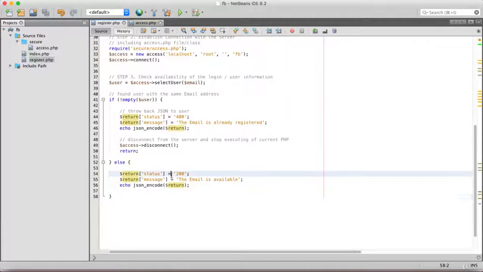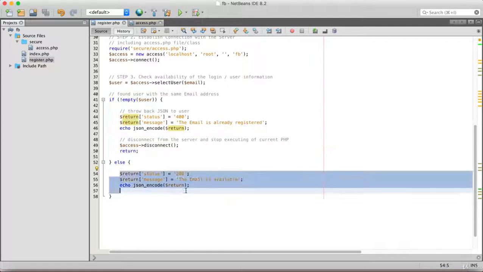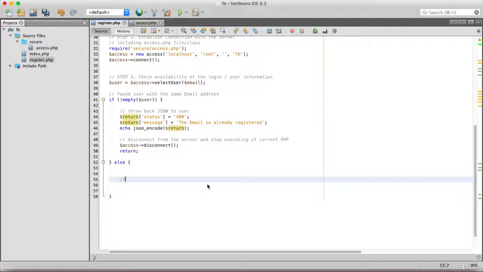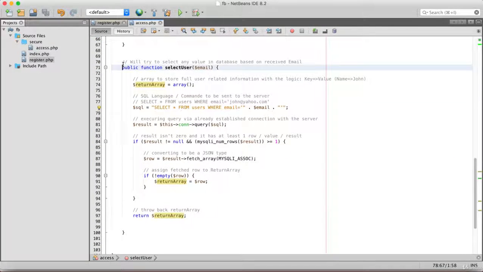So the logic we will be using is, if the user wasn't found with the same email which the user is trying to register, then instead of returning this message here, we will write here step 4, send request to insert the data in the server. This is what we will be writing here. So we're now going to access PHP, after this method,